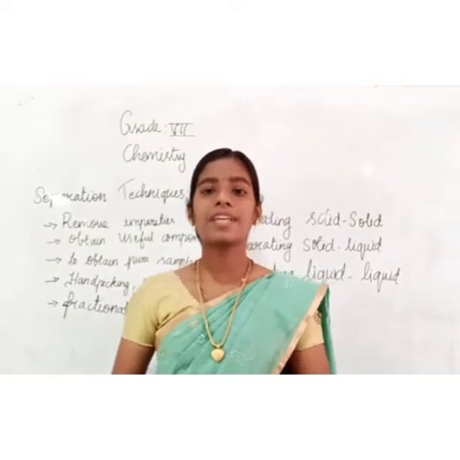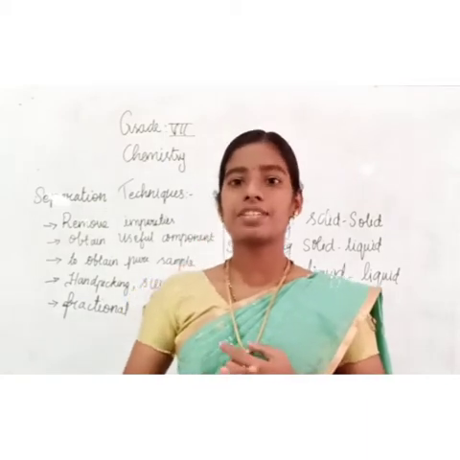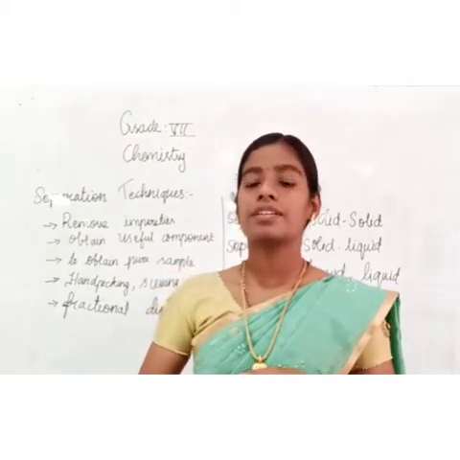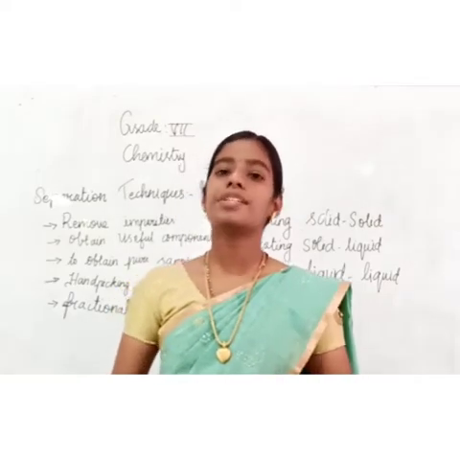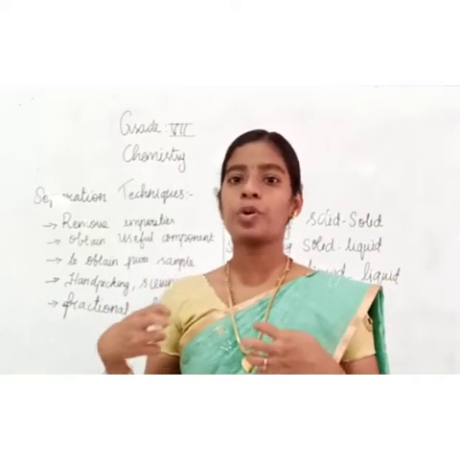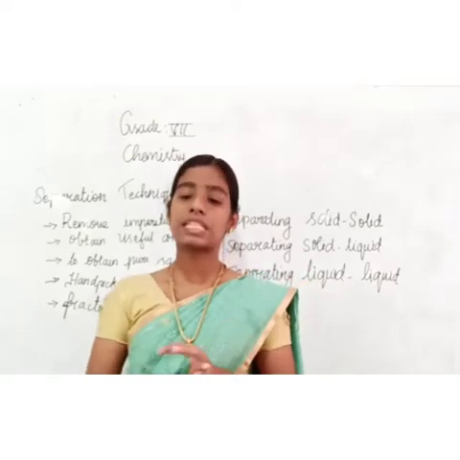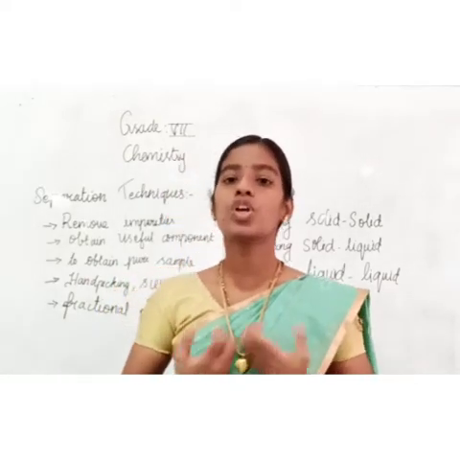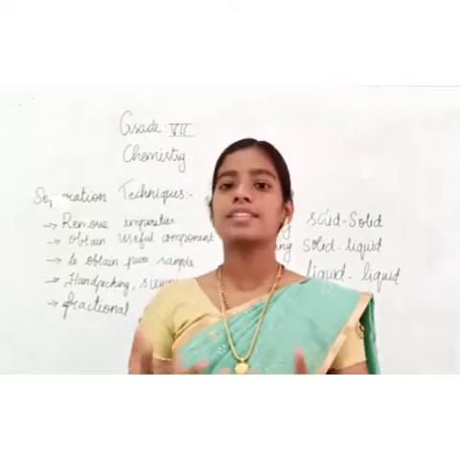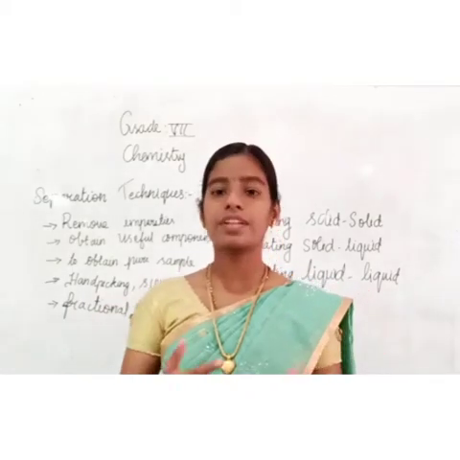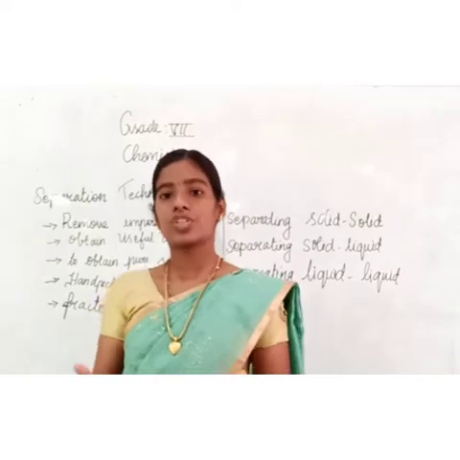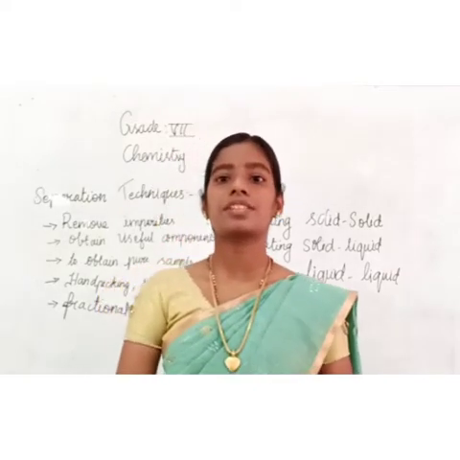In last class we have learned about mixtures and compounds. An example for a compound is sodium chloride. It is the combination of two or more elements. Sodium is an element, chlorine is an element. They combine to form sodium chloride, which is represented by a chemical formula, and we have learned the properties of compounds and mixtures.